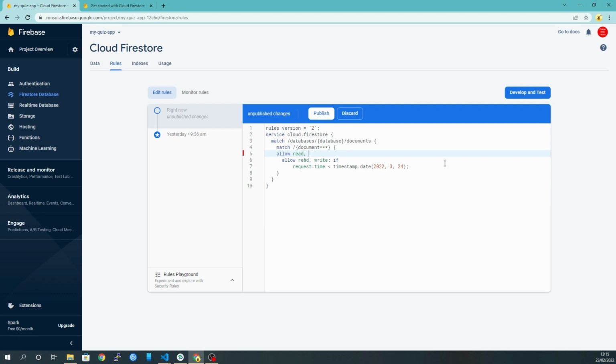We don't want anybody to change the results, so I'm not going to put write, but I'm going to allow them to create, so they can create a new result, but they can only do those if the request authentication is not equal to null, i.e. if they are authorized, if that has happened. I'm going to delete this part here,